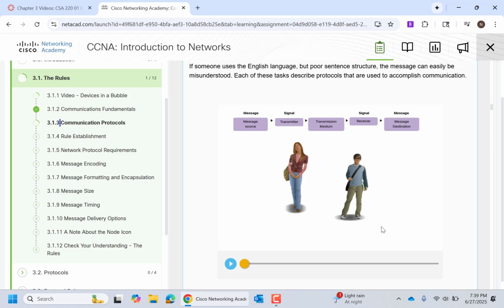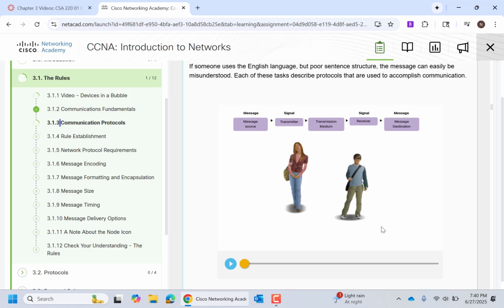But when humans communicate, like I said before, we don't necessarily have a lot of formal communication. We may do some things like nodding or smiling to let the sender know that, hey, we heard you, hey, we got your message. We might shake our head if we don't agree, or we might say "what" or "pardon me" if we need someone to repeat something. But with computer networks, we can't rely on that informal communication, protocols or rules.